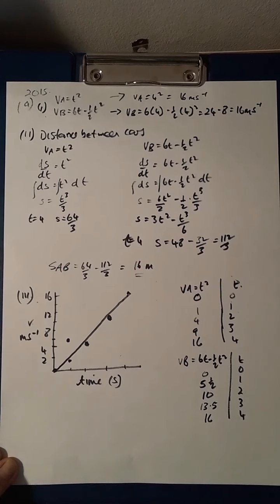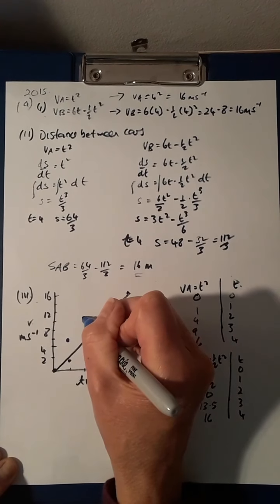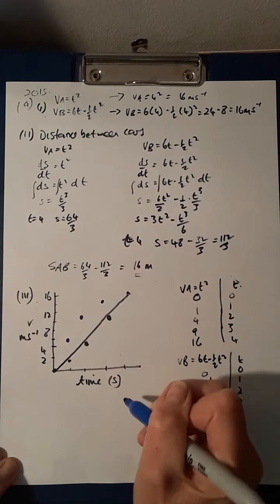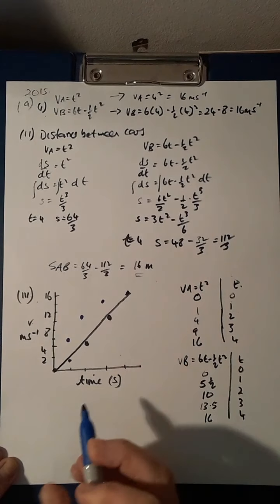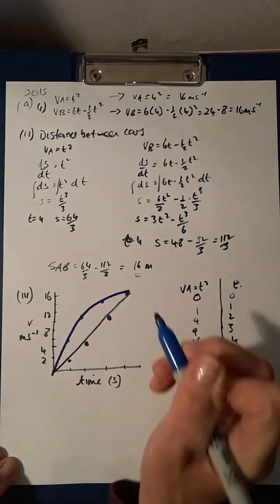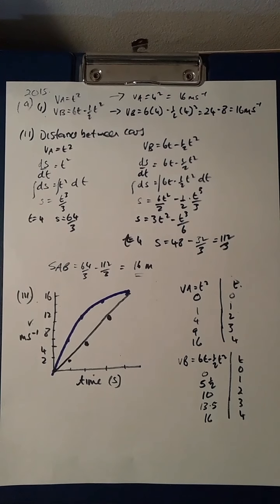When t is 2, I'm going to 10 up here. When t is 3, I'm going to 13.5. And when t is 4, I'm up to 16. So this is more of a curve, this one. Okay. Right, so I've plotted the points and now I've got to shade in the area that represents the distance